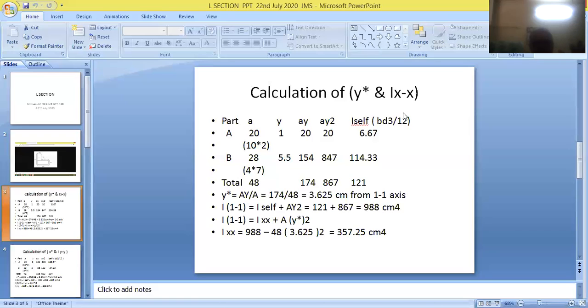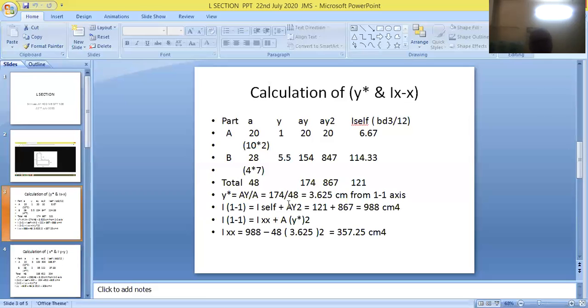So in this, we have prepared this wonderful simple table. Firstly, we have measured the value of Y bar. Secondly, we have measured the value of I11. And finally, we have measured the value of IXX, that is asked in the problem. So friends, without measuring Y bar, we cannot measure IXX. Without measuring I11 also, we cannot measure IXX. So therefore, indication of I11 and indication of I22 are very, very essential for solving problems on these topics.